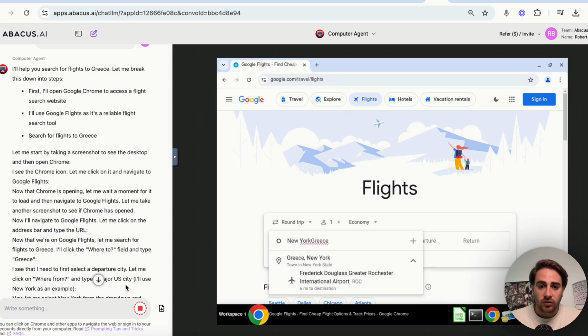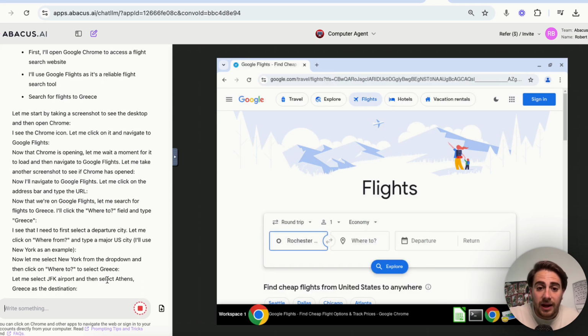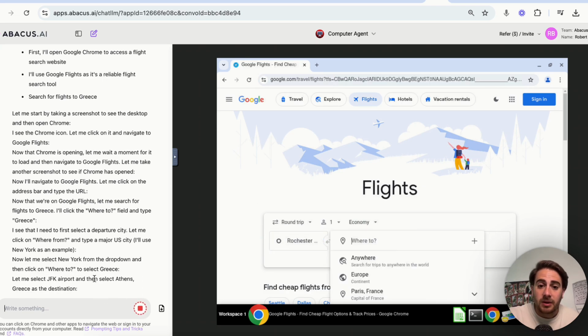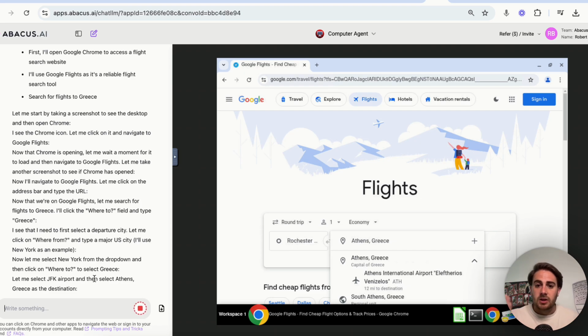So this is going to go through, this is going to type this in. As you can see here, it's got a slight spelling mistake, but this might run into an error and then we will literally just be able to change it. But no, it actually figured it out. So it put New York in there, it put Athens, Greece in there, and now it is going to find